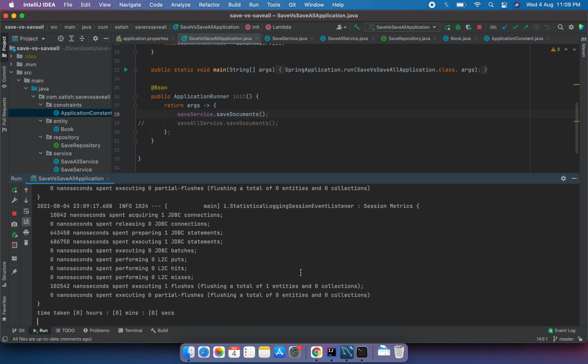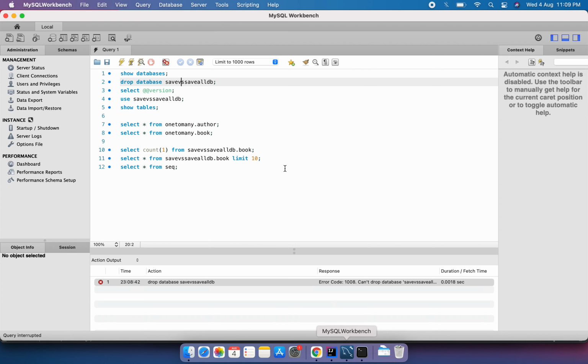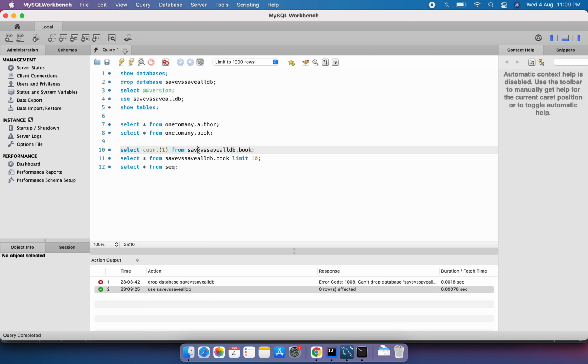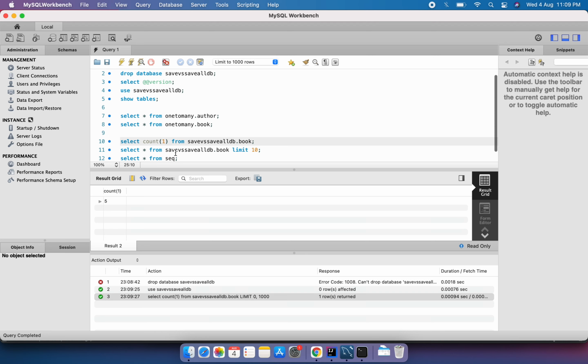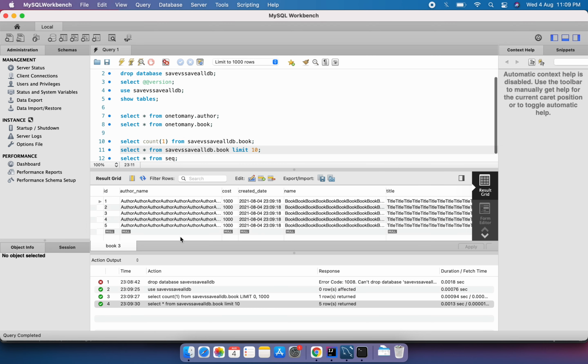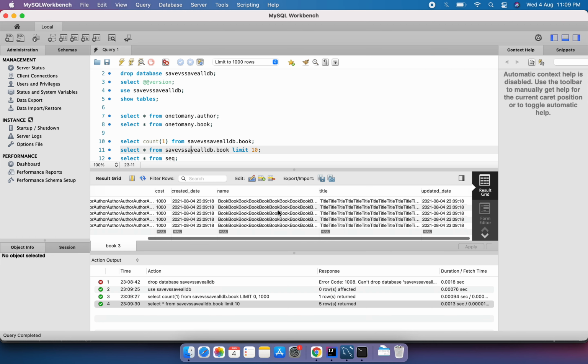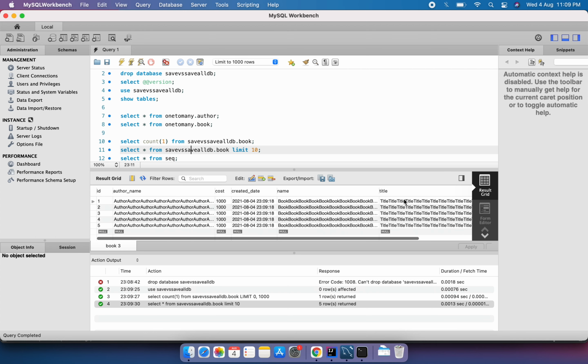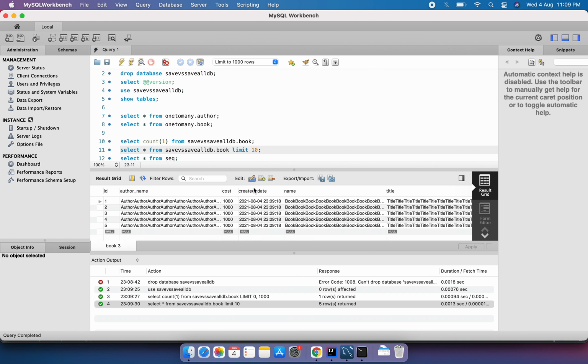Yeah, so you can see if I go back to the database to verify the documents. So the 5 documents have been added, and if I look at the data, I have the author name, the book name, the title, the date updated, the cost of the book, and the primary key of the book table. So these are the 5 entries that have been created.